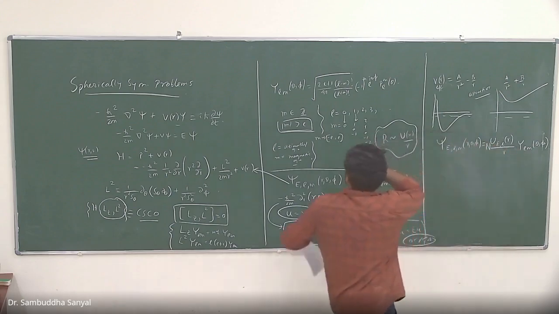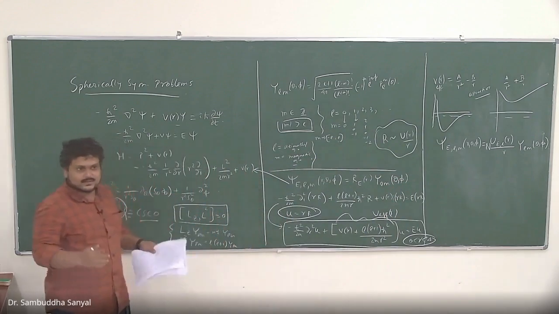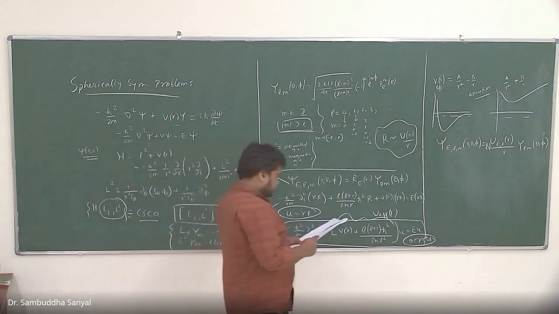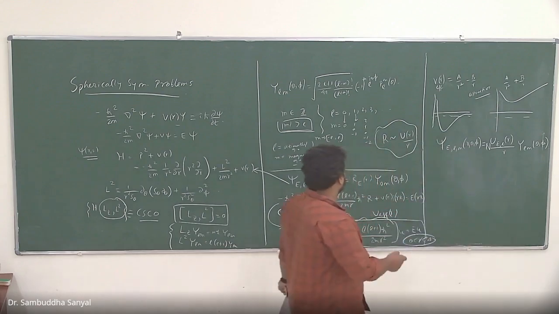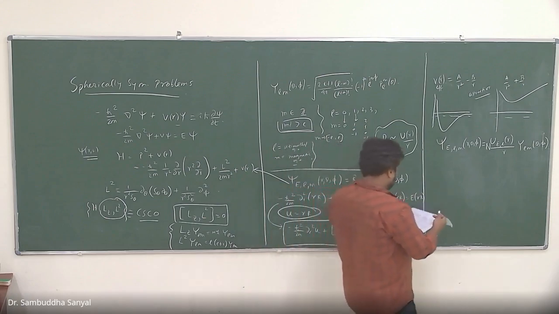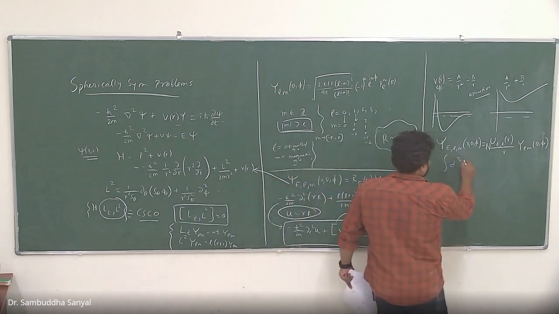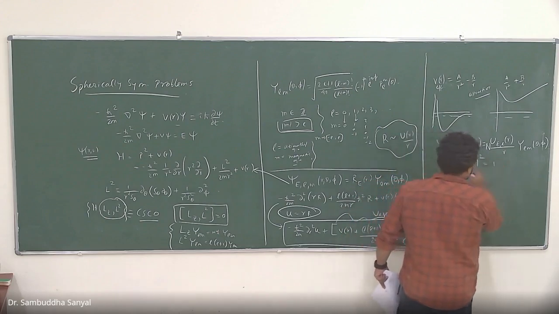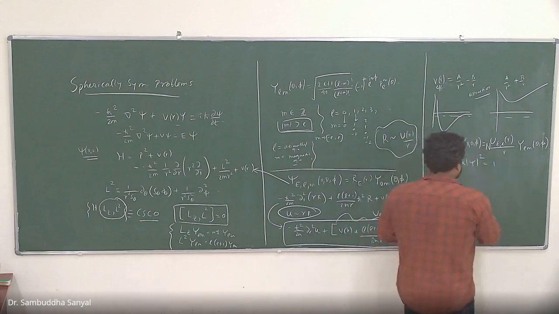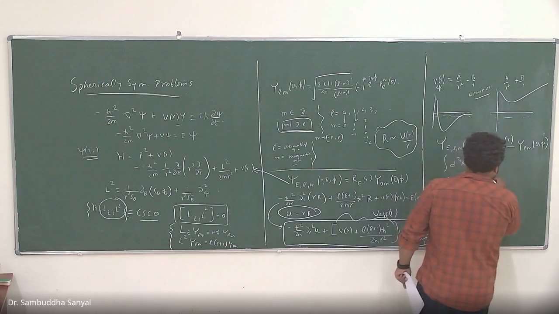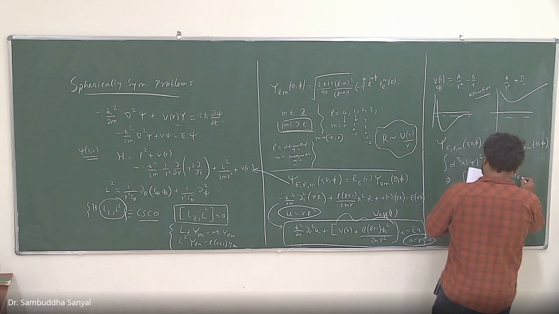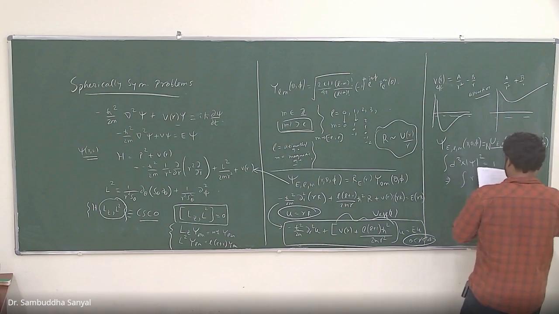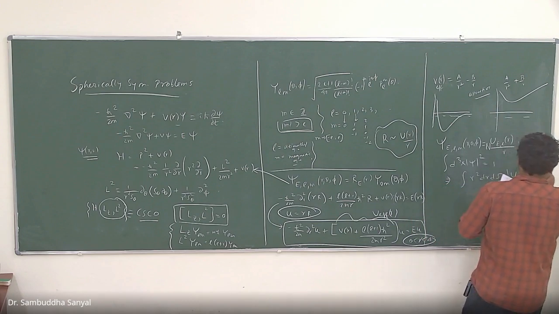The Y part normalization we already did. So this part also you have to normalize so that the probability is 1. And it will boil down to only a one variable problem, because if I have to do this, integral d3x |psi|^2 equal to 1, then this is nothing but r^2 dr d omega, this is the solid angle, |u_{E,L}|^2 over r^2, Y_{LM} star Y_{LM}.